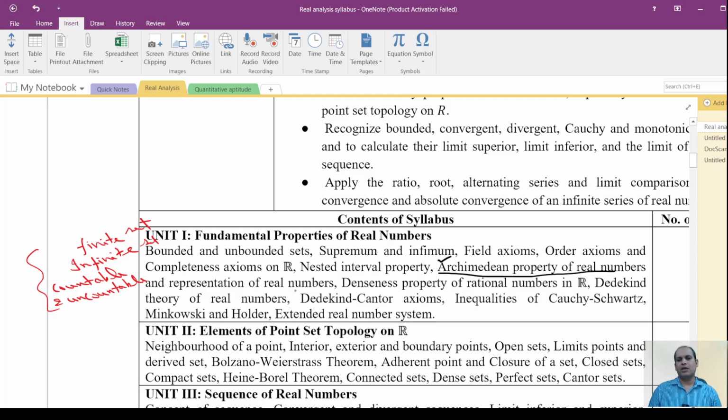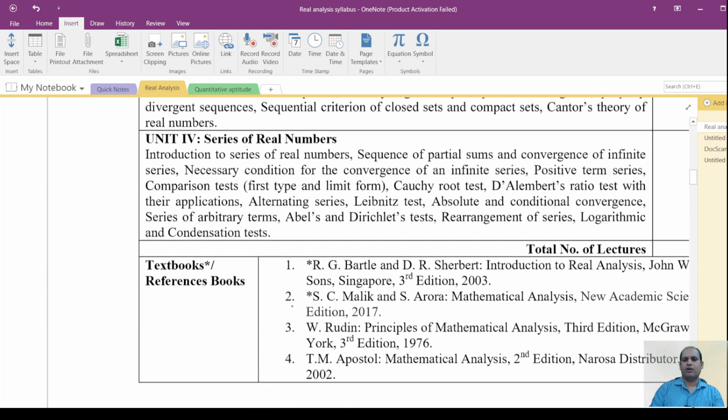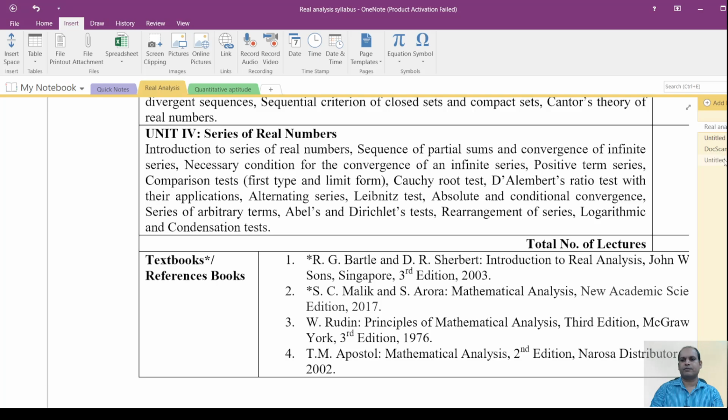of real numbers, then again I will come in detail and we will do several proofs based on the concept of countable and uncountable sets. And then after covering the Archimedean property in detail, we will do the denseness property of rational numbers in R. So let us start from the book of Walter Rudin,